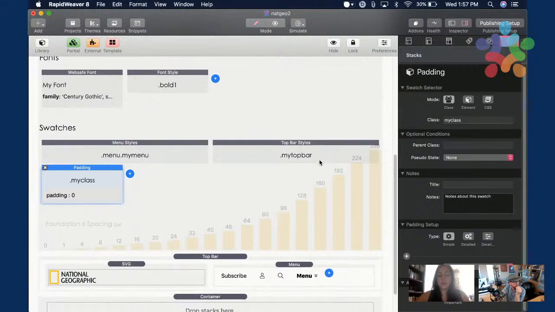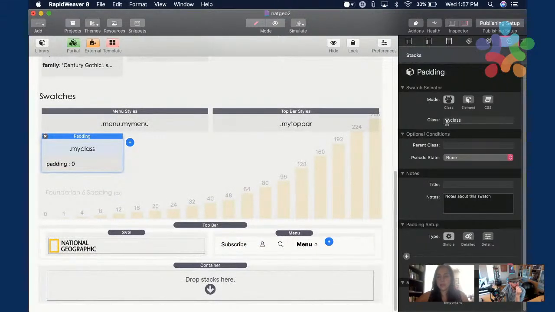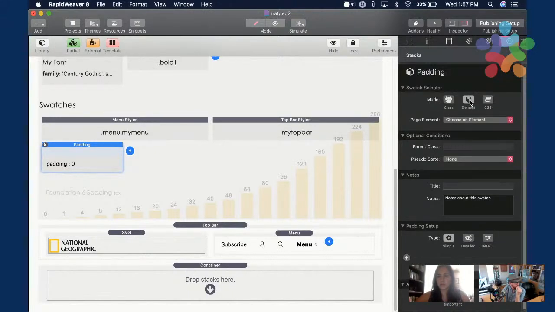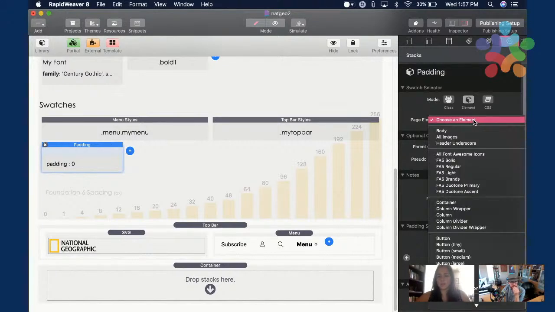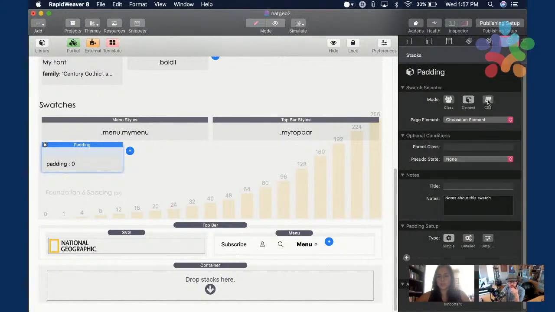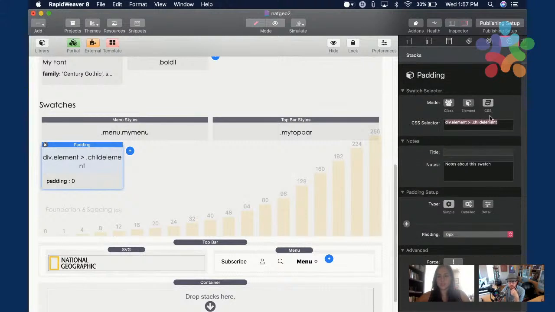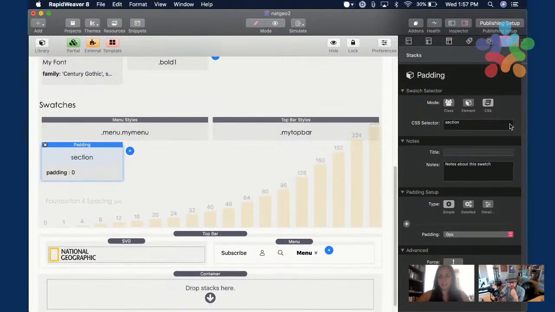And that will help me, instead of using a class here, so instead of renaming this class to whatever I want, I'm going to choose this element button, and I can choose a CSS, and change that to section.